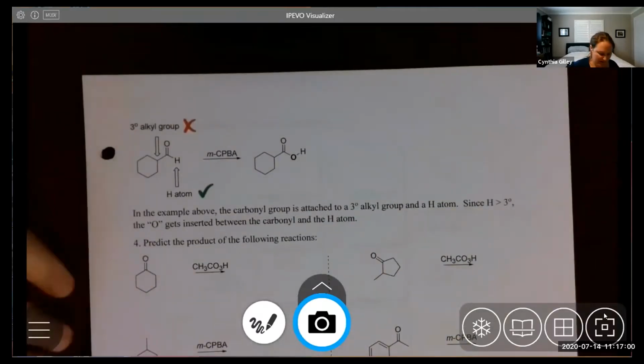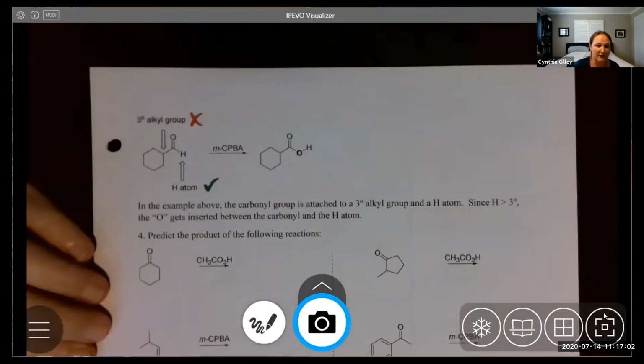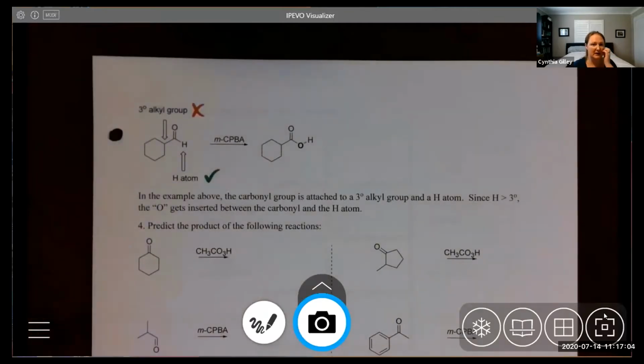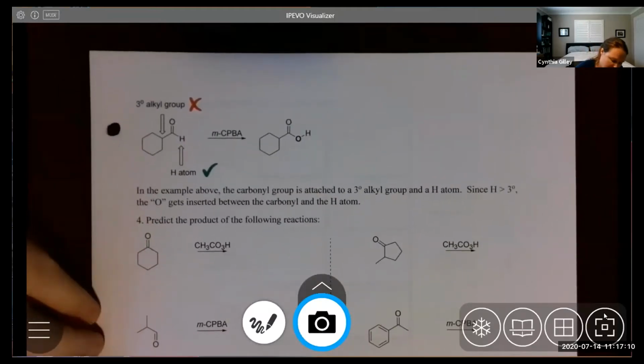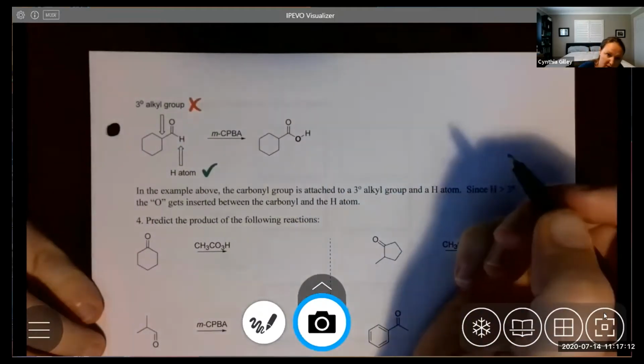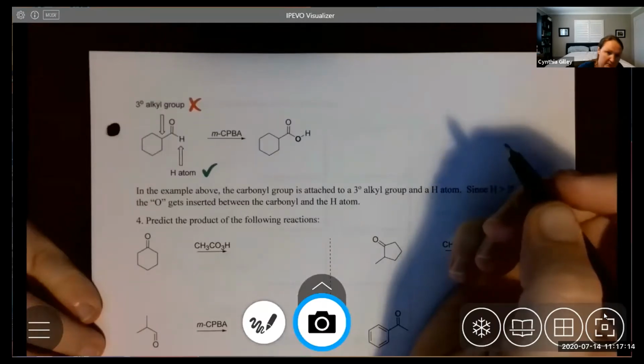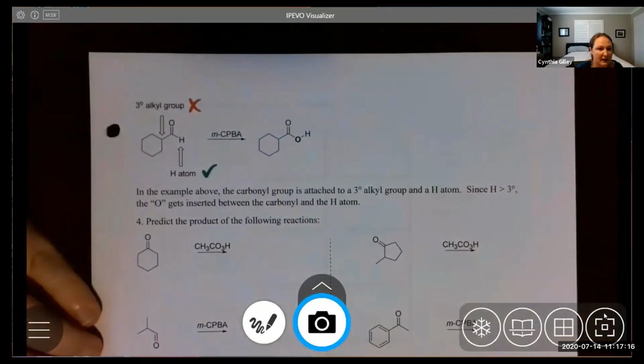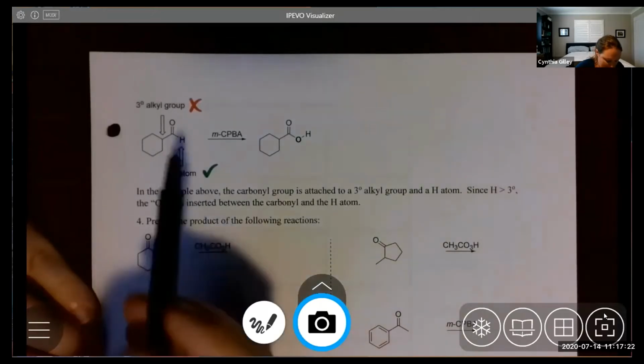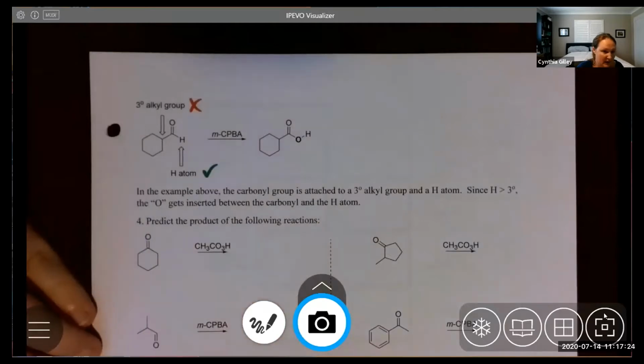And by the way, I don't know if we went over the mechanism, but it might be kind of cool to look at the mechanism of the Baeyer-Villiger oxidation if it hadn't been gone over. Maybe we can do that. Get to the activity. Okay, so whenever you have an unsymmetrical case, then we have to think, okay, which